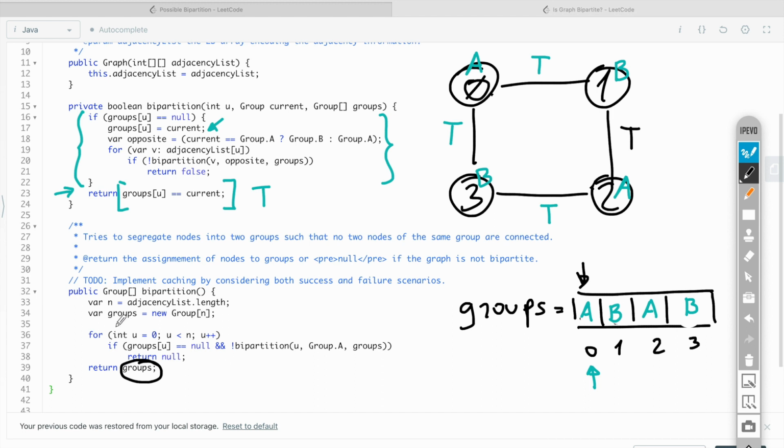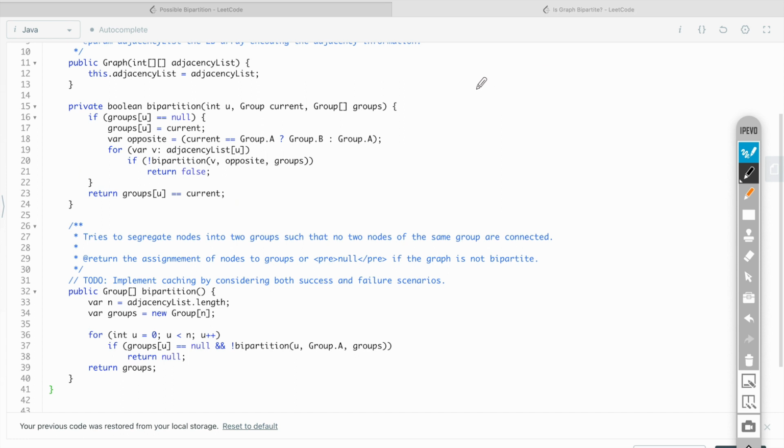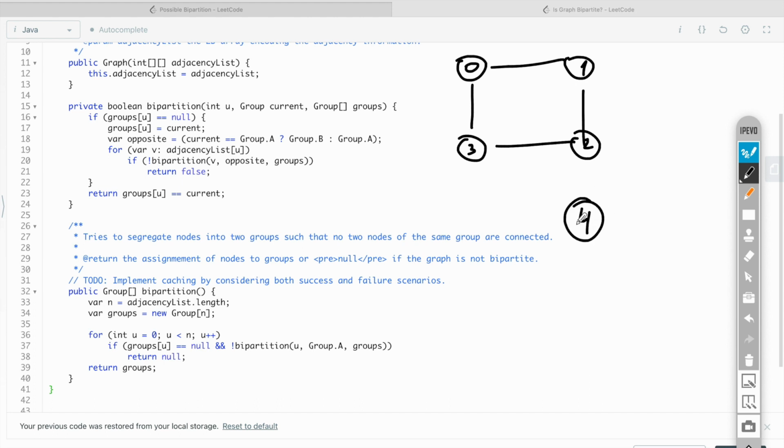Now, the reason that we need to iterate over all of these nodes is when we have a disconnected graph. Suppose that we have the following two subgraphs: 0, 1, 2, and 3, and down here we have 4, 5, 6.